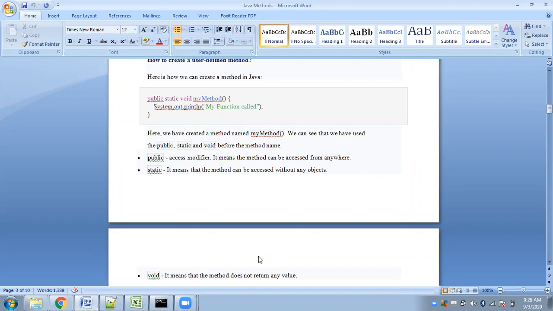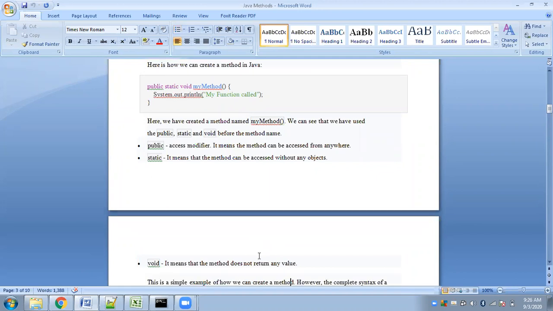This is one example of a user defined function: how you declare a user defined function in your program and how you define it. Declaring and defining are different. Declaring signifies the signature of your function.